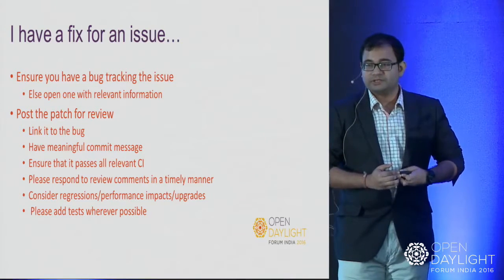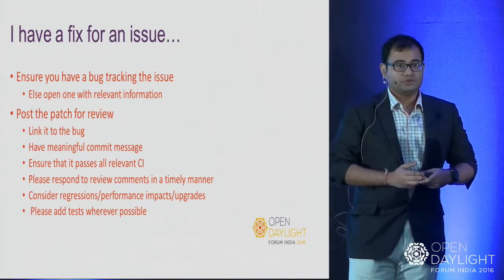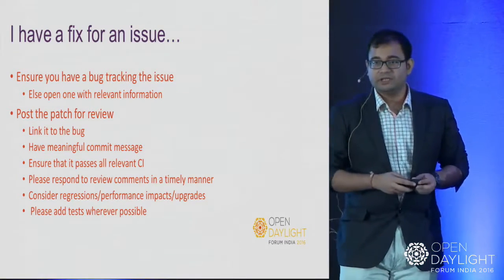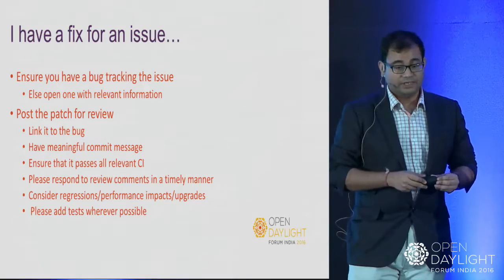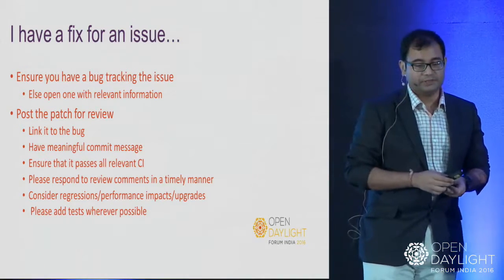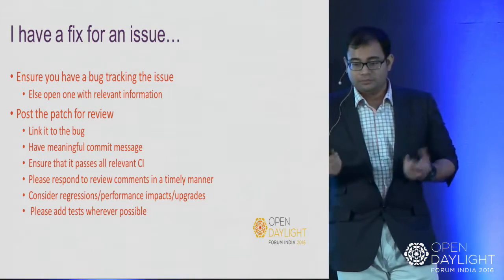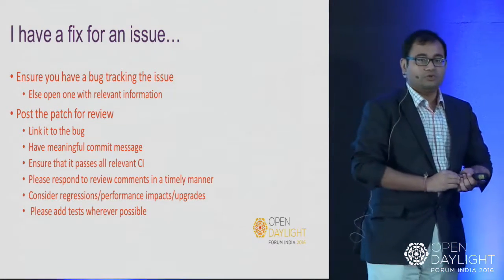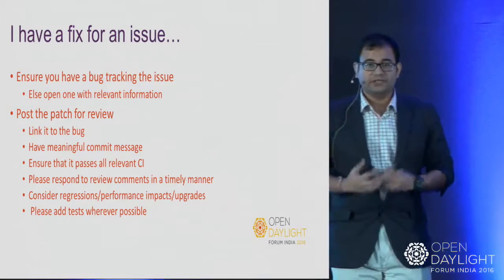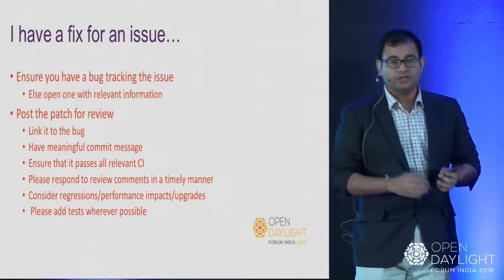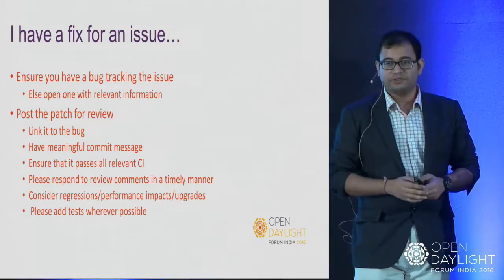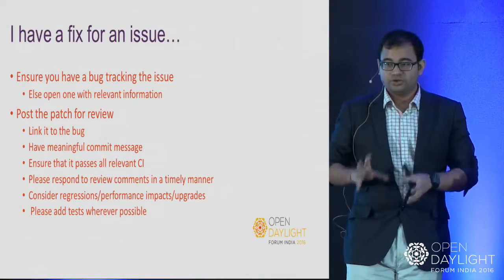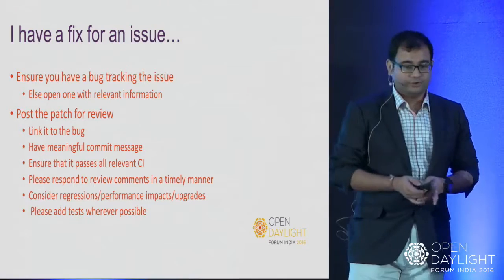But as always advisable, please add JUnits for the same, so that we can get more and more code regressed and unit tests covered. That is always a very, very good practice. And mostly add all the active committers on the project. You can go up in the wiki and add people who are not active and then crib about the committers not responding. So just look into who are the active committers, add them as reviewers, ensure that you act on their comments, and that your patch has a good amount of tests for it.